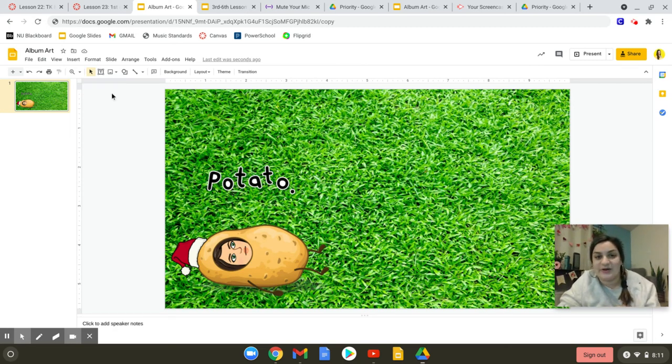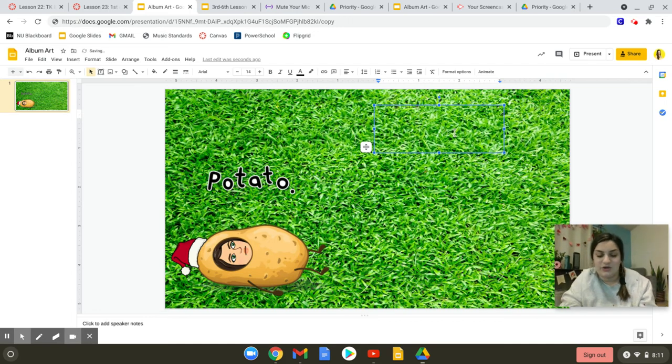The next thing I did was I used text boxes to write out what I wanted to do. So you'll see over here where I'm hovering and circling my cursor that there is the letter T inside of a box. So use that, click on it, and drag a space where you want to write a text box. All right, so click, and then drag a space where you want a text box. And then you can write out your title. So my title was Mute